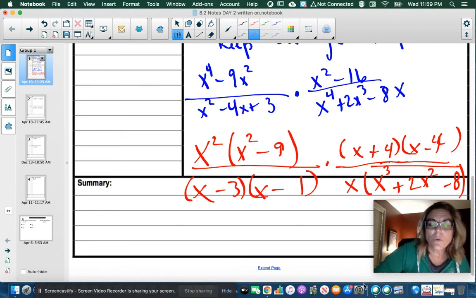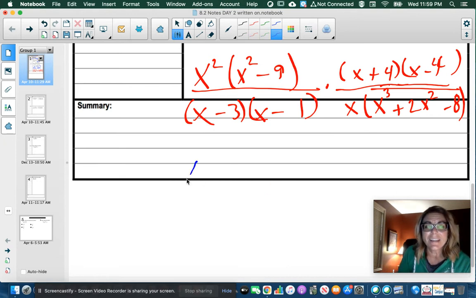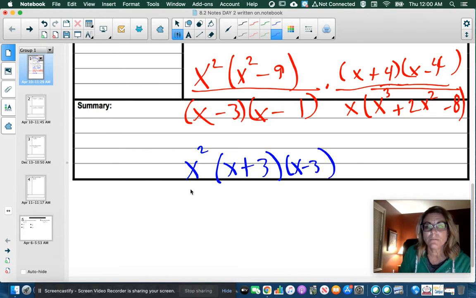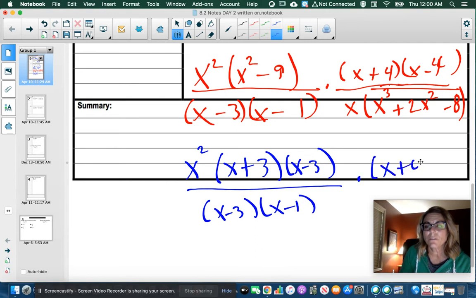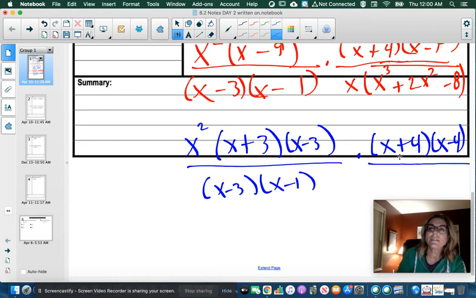Wow, this one is a little tricky because I'm looking to see if I can cancel anything, but I need to factor it again. Because x squared minus 9, we can do x plus 3 times x minus 3. Leave this alone. And on the top, x plus 4, x minus 4. And on the bottom, we have an x